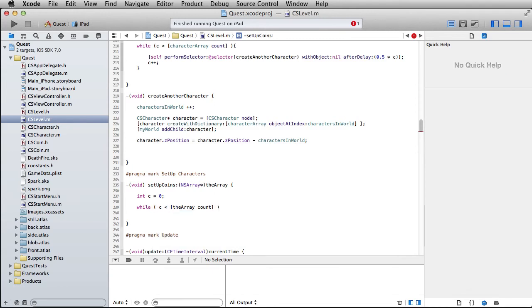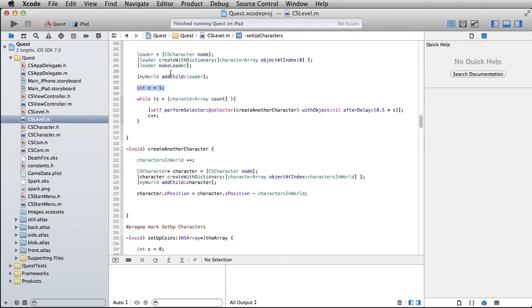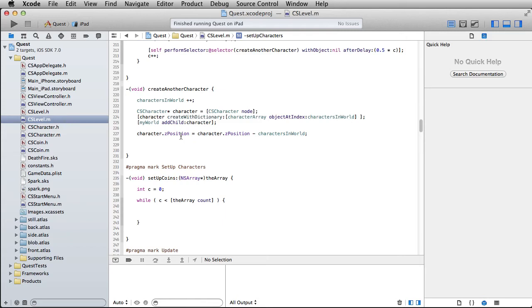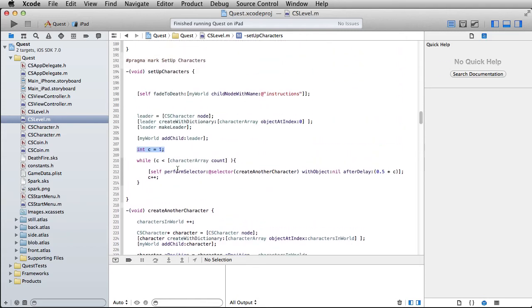so while it's less than the count of the array, the number of items inside of there, we will perform our code to create each one of these coins. And keep in mind that if you're comparing these things, the reason we had int c equals 1 over here is just because we'd already added in a leader at this point, so we're going to increment that 1 by default. Okay, so let's see. We at this point need to actually add in our